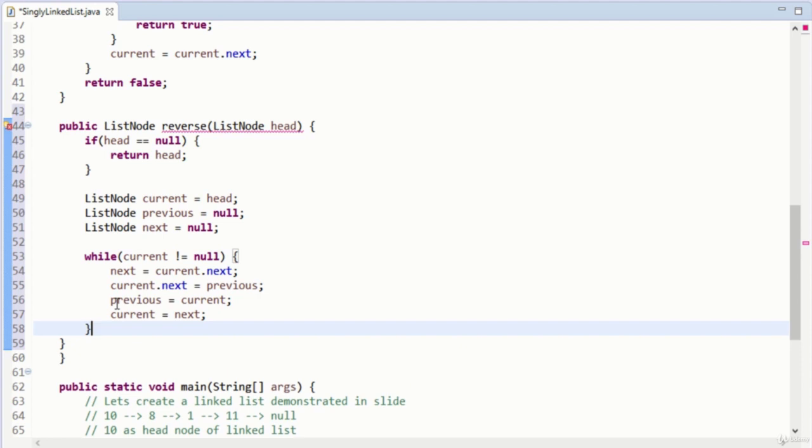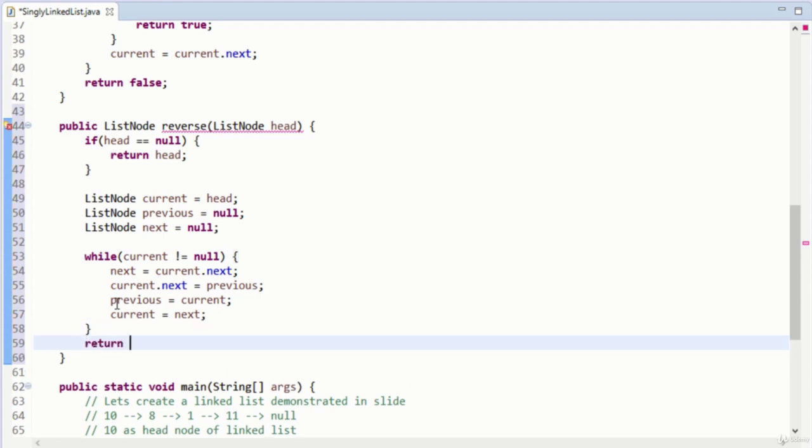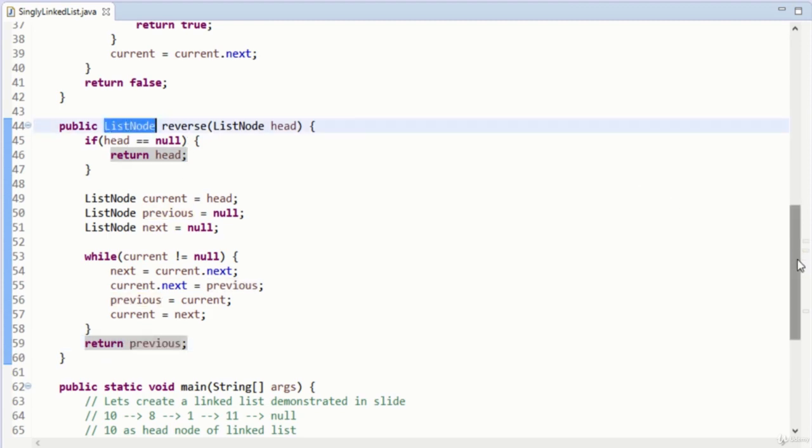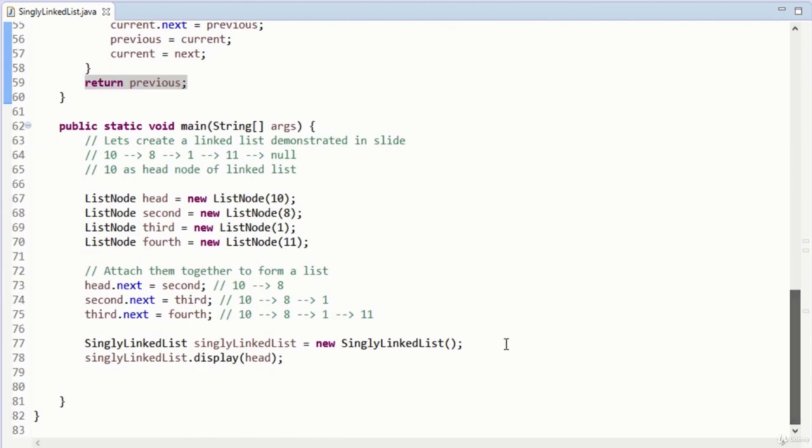The last step would be to simply return previous, because previous becomes our new head. So this is the algorithm, and let's see its demonstration.